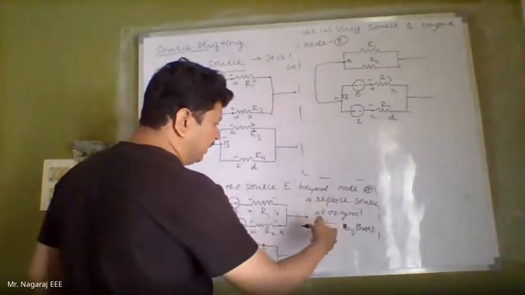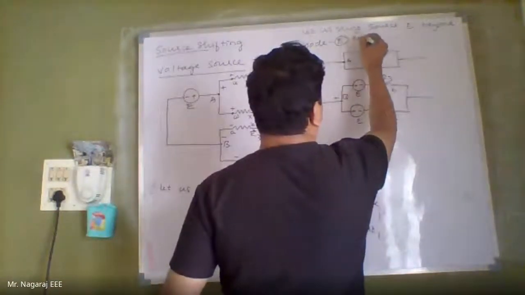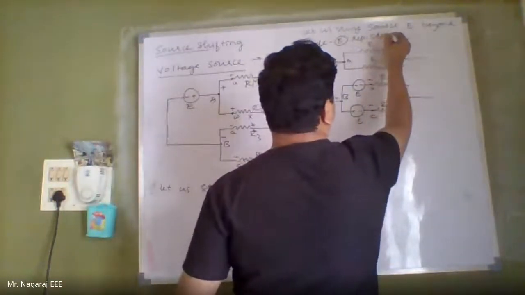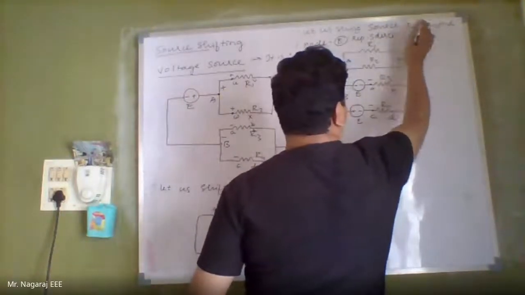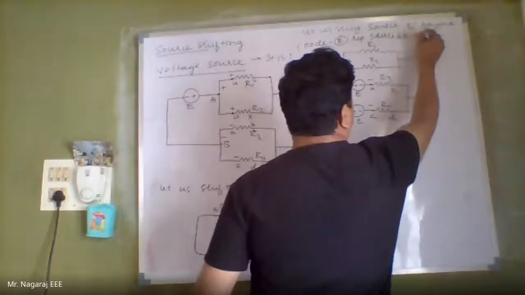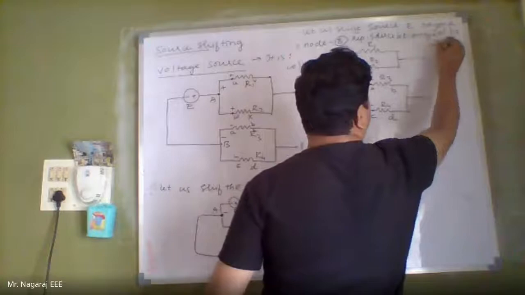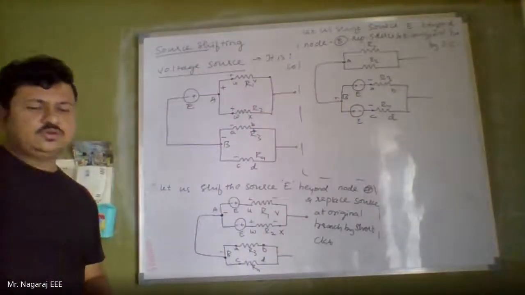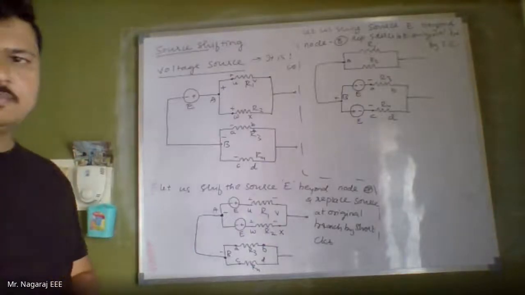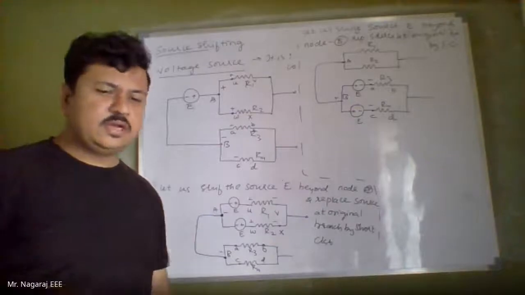Node and replace the source at the original branch by a short circuit. Same here. Replace the source by a short circuit at the original branch. So this is how I do the source transformation with voltage sources. With current sources,